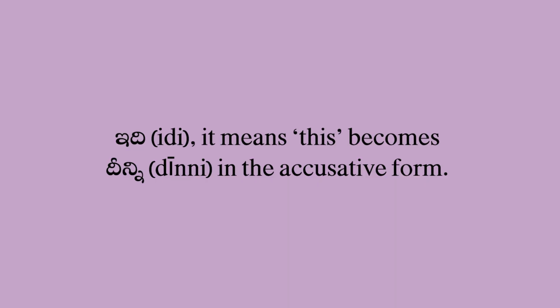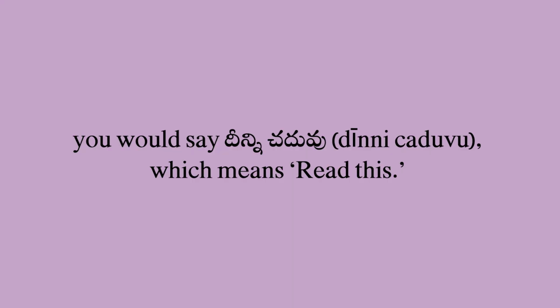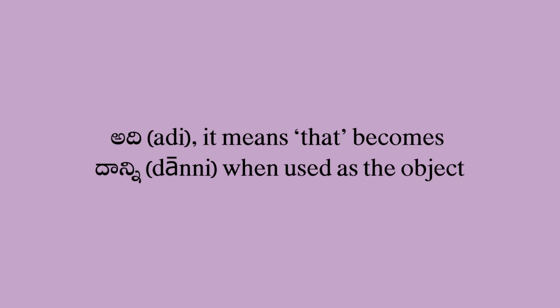In Telugu, demonstrative pronouns have unique accusative forms that indicate the object of a verb. Idi, it means this, becomes దీన్ని in the accusative form. So, to tell someone to read something, you would say దీన్ని చదువు, which means read this. Similarly, అది, it means that, becomes దాన్ని. When used as the object, దాన్ని తీసుకురా,